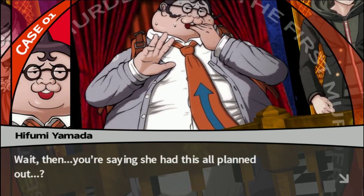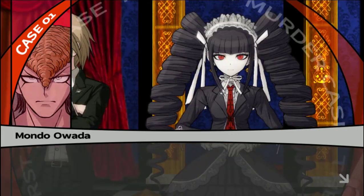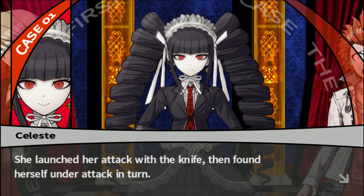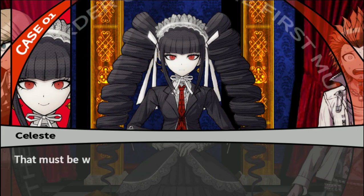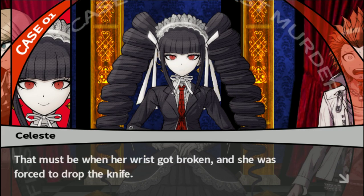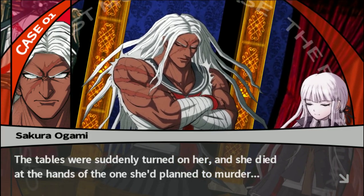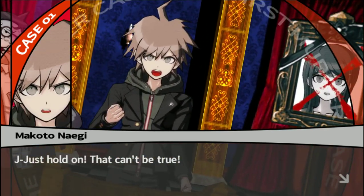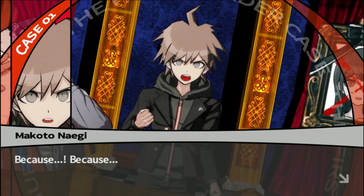Wait, then you're saying she had this all planned out? Holy shit! But in the end, her plan backfired. She launched her attack with the knife, then found herself under attack in turn. Karma. That must be when her wrist got broken, and she was forced to drop the knife. The tables were suddenly turned on her, and she died at the hands of the one she'd planned to murder. Ironic, is it not? Just hold on! That can't be true! And why not, dear Makoto? Because...